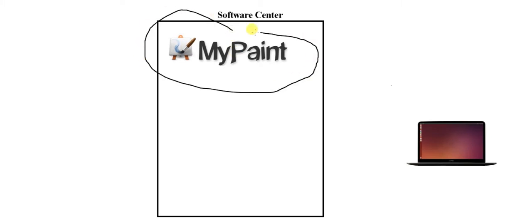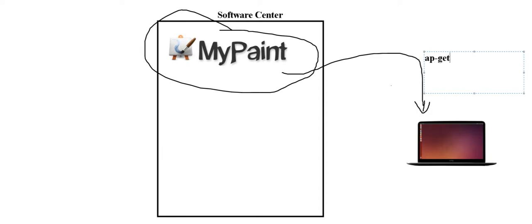So from this place I need this offline file. How will I get that? In order to do so, I need to download this offline file. I will use apt-get. It is your friend, right? I hope you remember apt-get. So you ask apt-get, can you please download, and what you want to download, let's say MyPaint, the software name. You have to tell it like this, and after that the offline version of the software will be downloaded to your system.